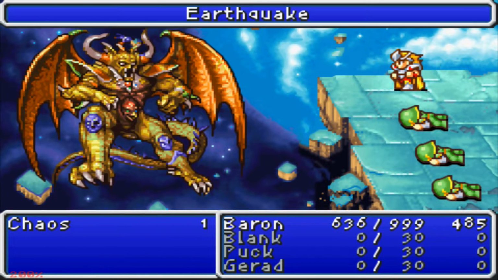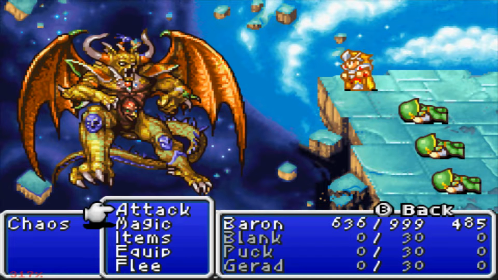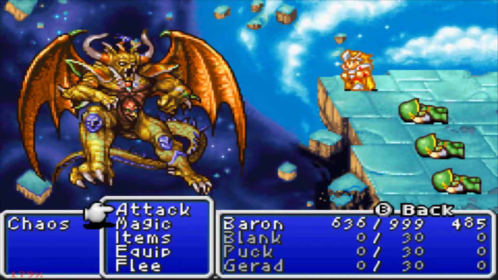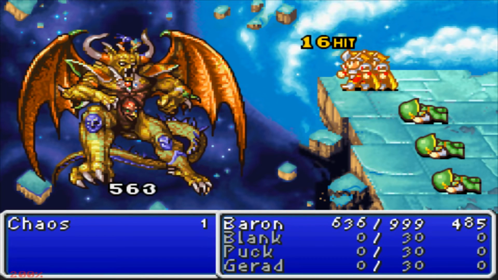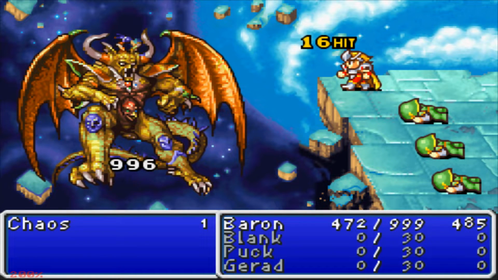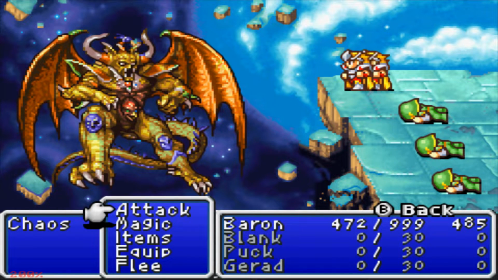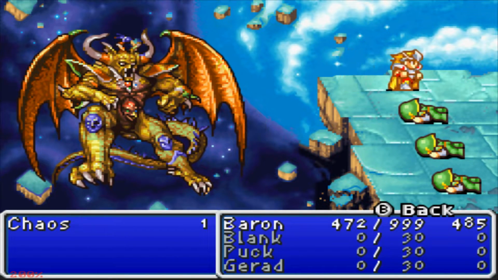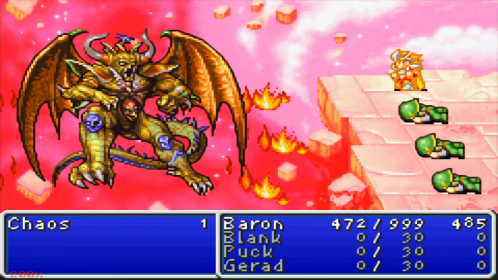4,900. 6,500. If he was a normal Chaos, he'd be dead 3 times. So I said 65, so that's about 7,600. Let's say 8,100. Ooh, that was a good hit. 9,100 damage. It's over 9,000. Over 10,000 damage. Around 7...